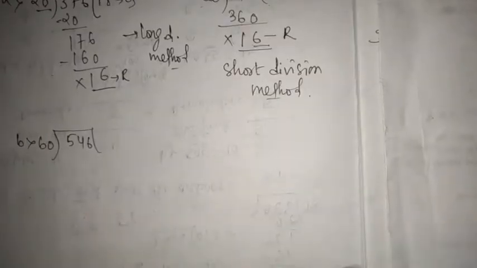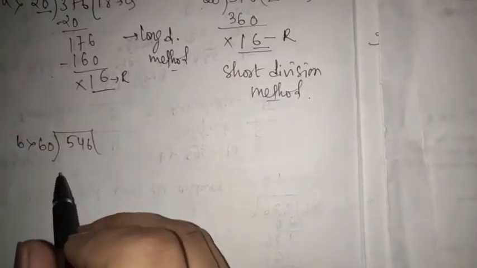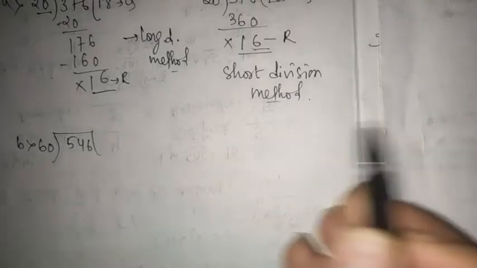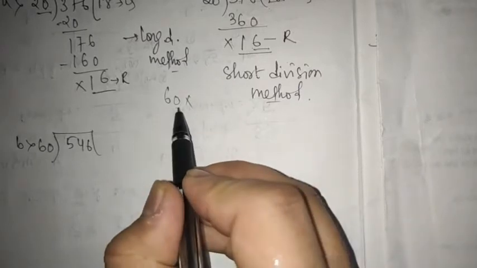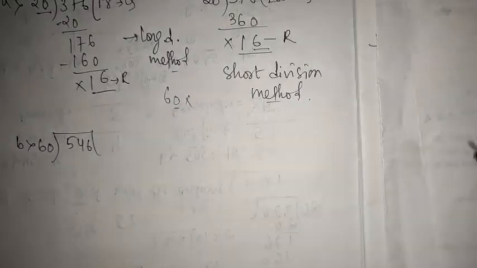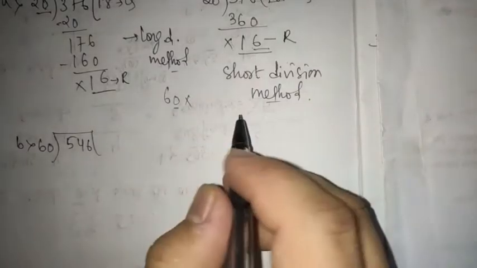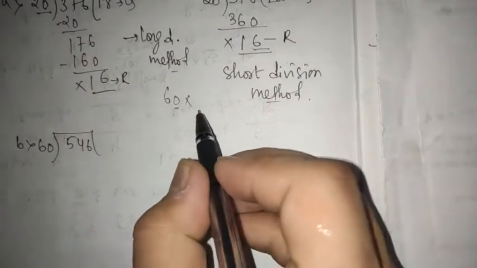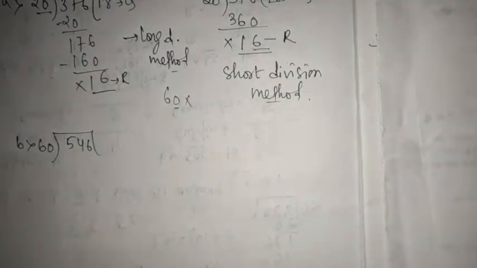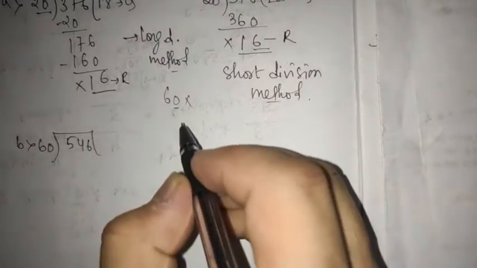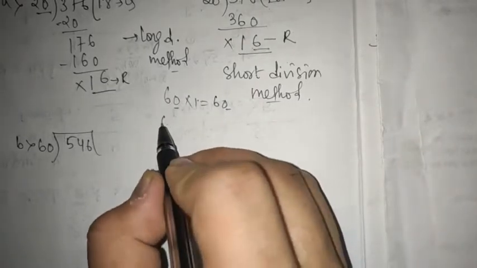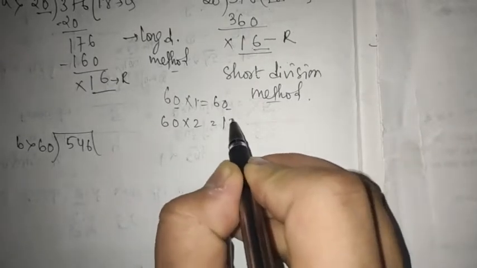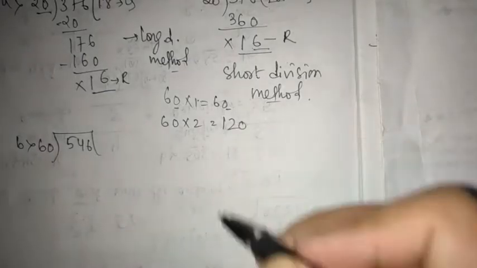So proceeding to part B, question number B. So 60 is dividing 546. Even this number is not very complicated, 60, because you have 0 on the right hand side. Any number with 0 on the right hand side will not be very difficult to solve. So for 6, you should know the multiplication table. 6 1s are 6, 6 2s are 12. So 60 1s are 60, 6 1s are 6, just put 0. 60 into 2, you know 6 2s are 12, so put 0. Like this you will solve it.